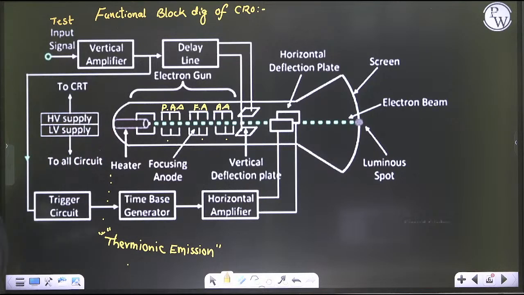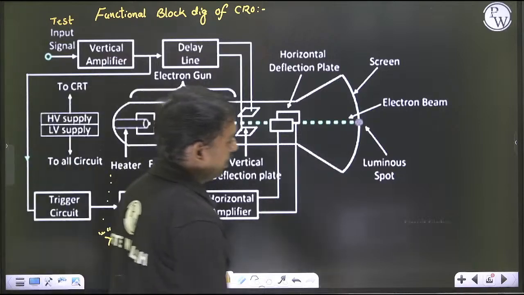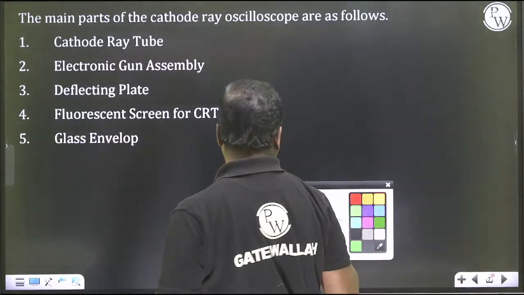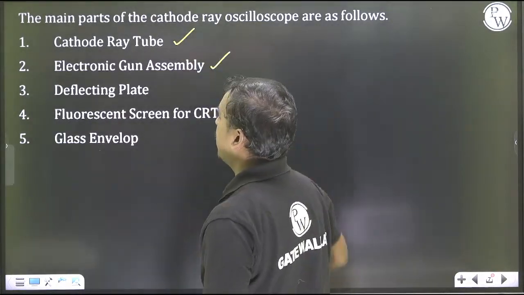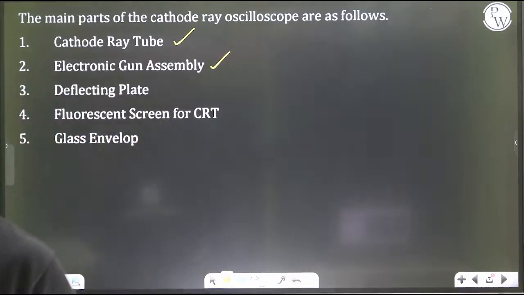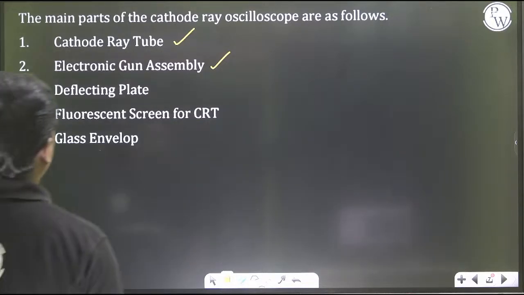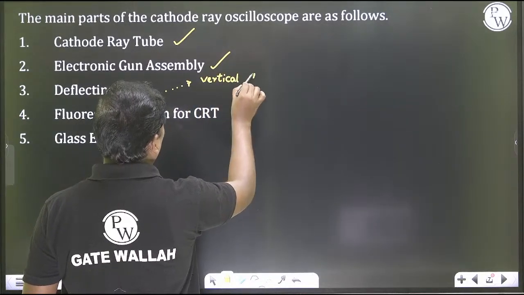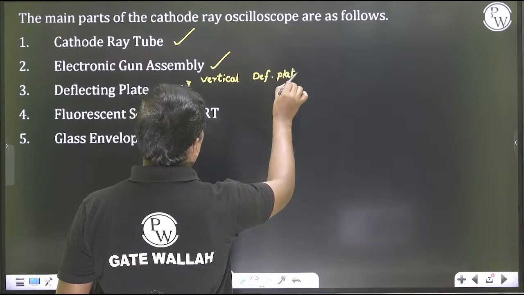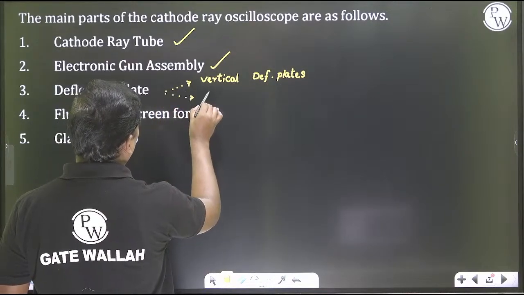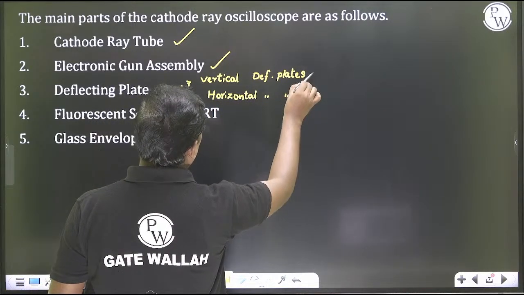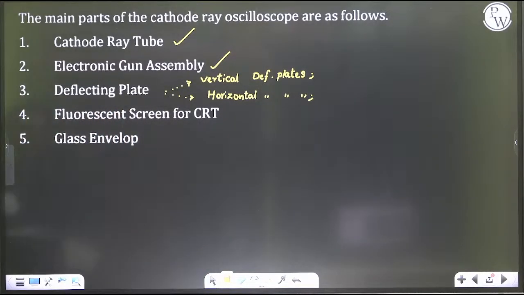थर्मियोनिक एमिशन के अनुसार इलेक्ट्रॉन्स आते हैं, इलेक्ट्रॉन्स आने के बाद हम सेट ऑफ एनोड्स यूज कर रहे हैं। So if you see this, the basic functionality, what are the blocks we are having? We are having the cathode ray tube, and after this the electron gun assembly. उसके बाद डिफ्लेक्शन प्लेट्स हैं। डिफ्लेक्शन प्लेट्स में हमको दो सेट्स रहते हैं, एक वर्टिकल डिफ्लेक्शन प्लेट्स, एक हॉरिजॉन्टल डिफ्लेक्शन प्लेट्स। ओके, तो दो सेट्स ऑफ द प्लेट्स रहते हैं, वर्टिकल डिफ्लेक्शन प्लेट्स और हॉरिजॉन्टल डिफ्लेक्शन प्लेट्स।